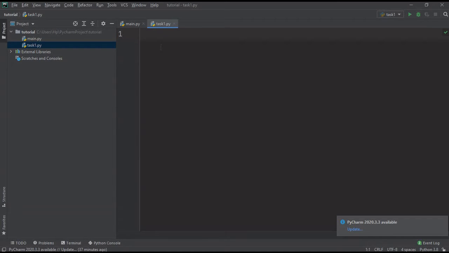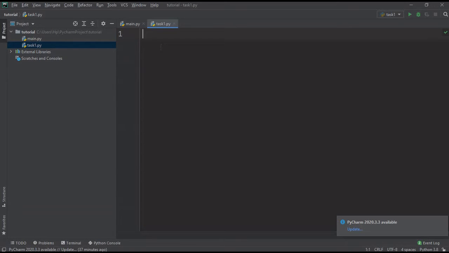Here in Python you need not use any void main or public static void main as we used to have in C or Java. So here you will just write the statements or expressions that you want to execute in your program. Okay, fine. So in today's tutorial I am going to tell you how to display output in a Python program.